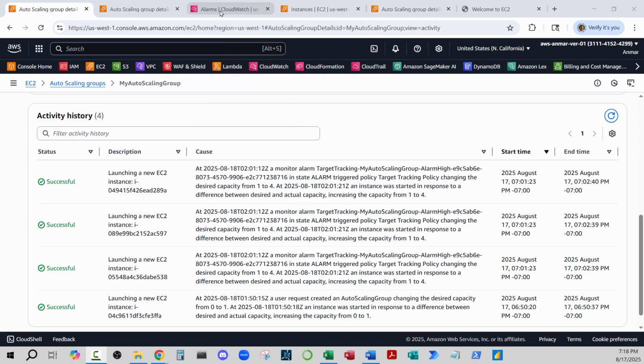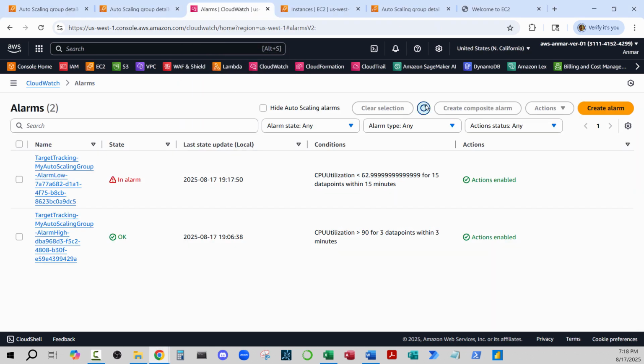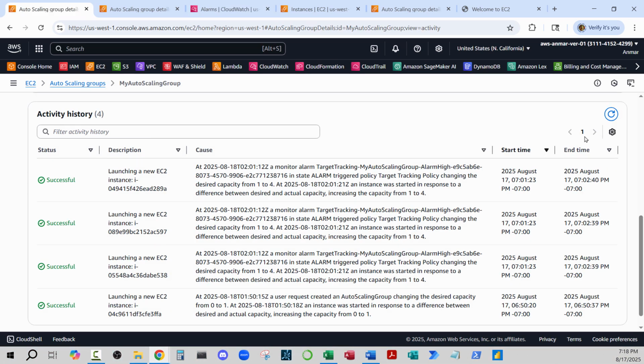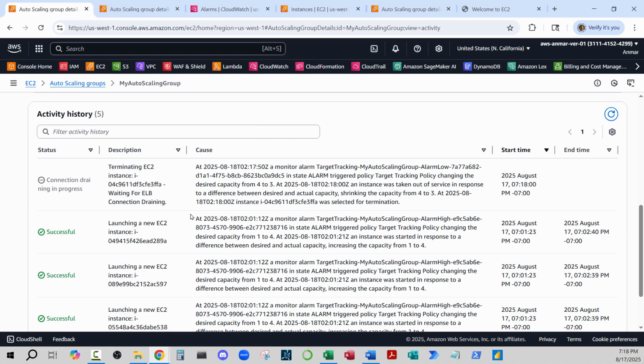Now if you go to the CloudWatch alarm, hit refresh, you see there's an alarm: CPU utilization less than 62%. And if you go to the auto scaling group activity, hit refresh, here we go. We have a new action right here. It says alarm triggered policy target tracking policy, changing the desired capacity from 4 to 3. An instance was taken out of service in response to a difference between desired and actual capacity, shrinking the capacity